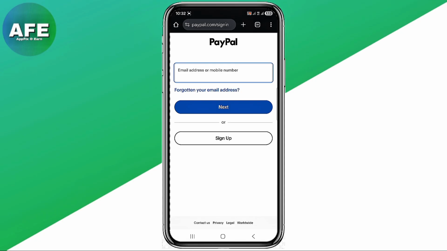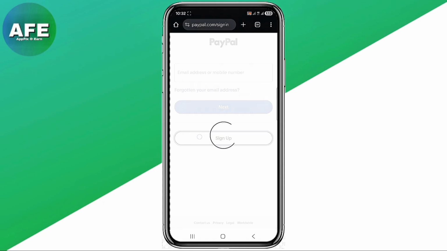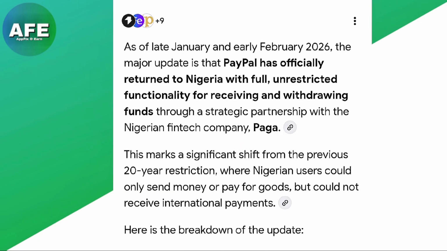This restriction has been going on for about 20 years now, and it is actually going to be difficult for a lot of Nigerians to believe that PayPal is now working in Nigeria. A lot of you might actually doubt this, but here is the news. Let's read it together. Looking right here, it says, as of late January and early February 2026, the major